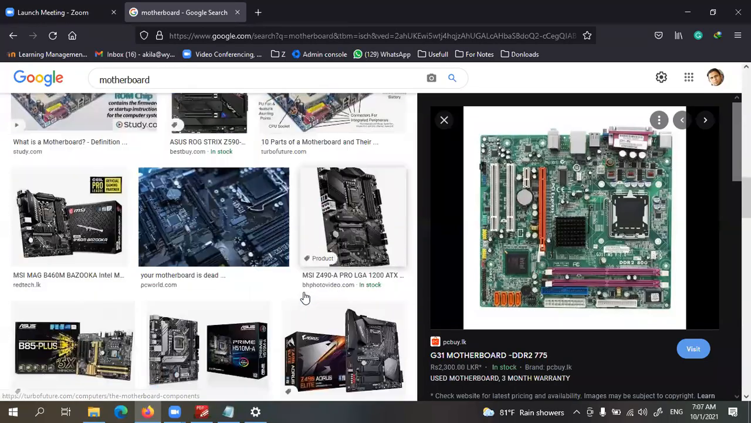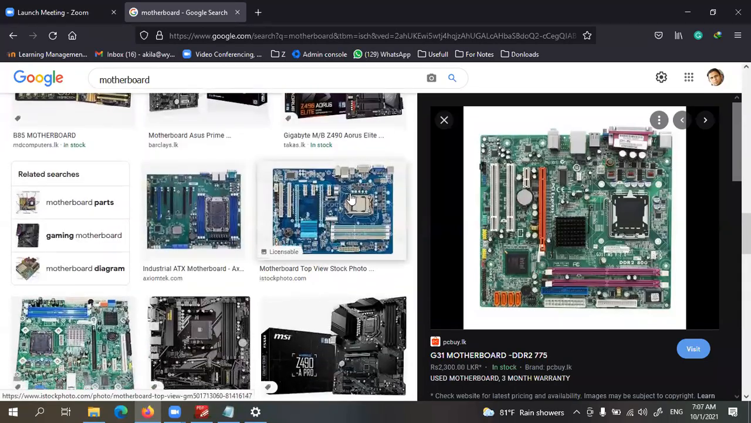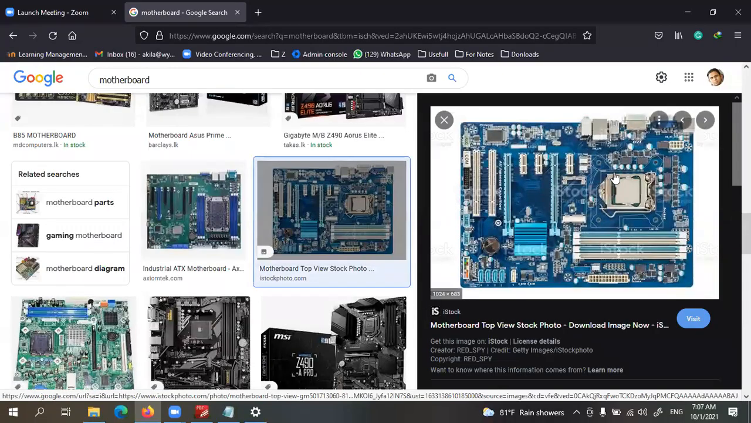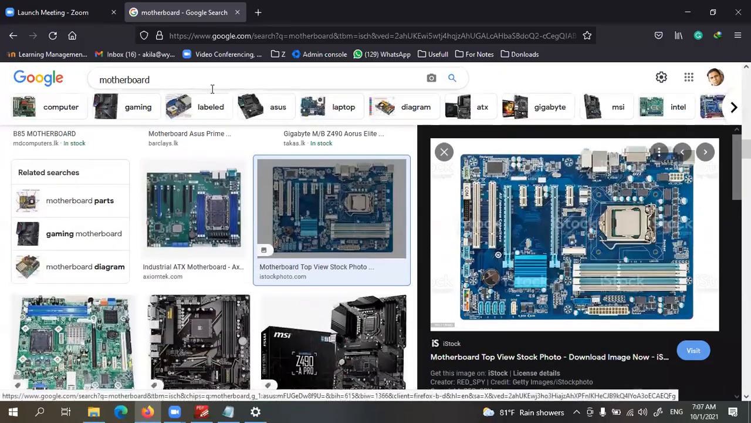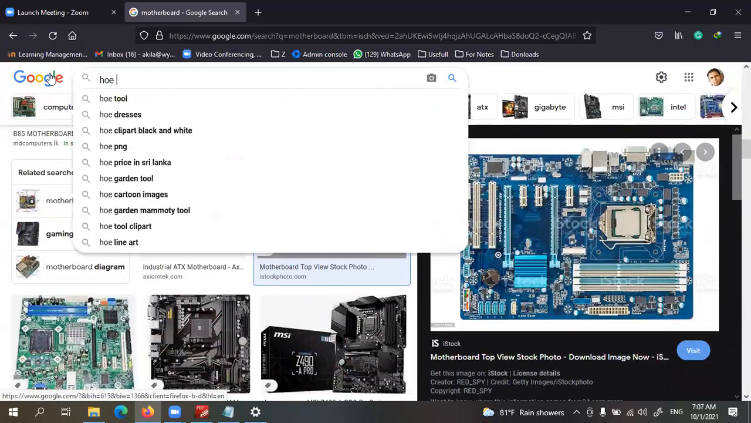If you just open another one, see, in this one also CPU socket, RAM sockets, CMOS battery. So like that, you should be able to identify just by looking at a motherboard, right? Then